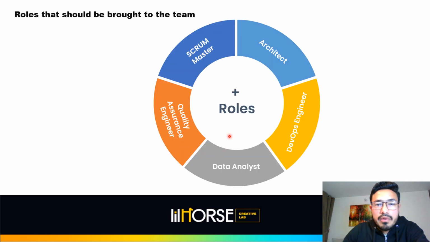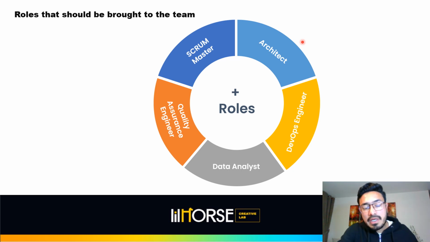Okay, so well, there are other roles. For example, in this case, I love working with this role, the Scrum Master. I think it's important in the agile process, because it's the way to organize the team. The other important part of the team is the architect. You need to stay at least at the beginning of the process. You need to ask a lot of questions to the architect. So I think it's important